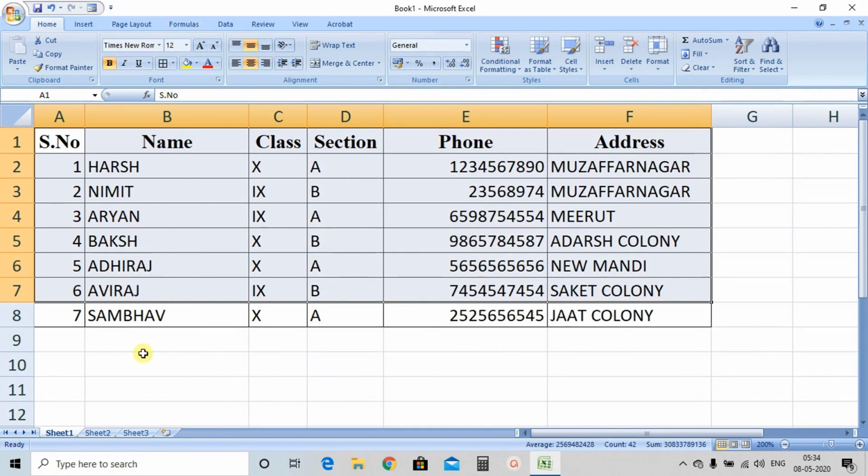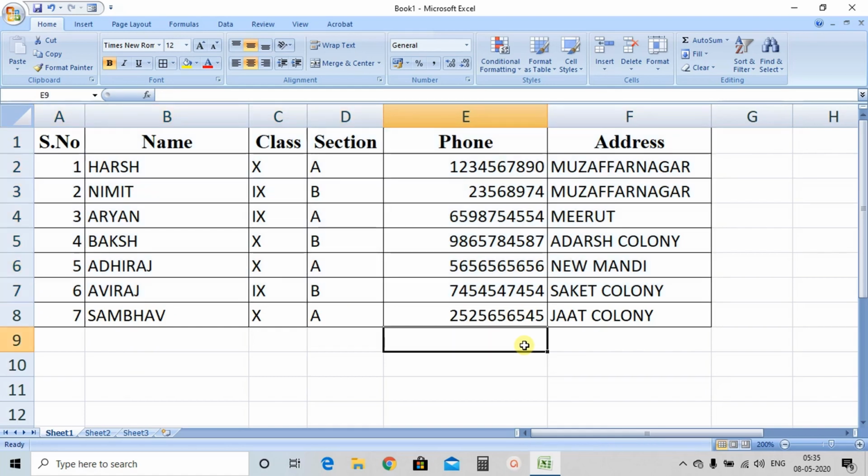So what we have covered till now, we have covered how you can use form to enter data in your worksheet, how you can add a new record, like just now we have added this Sambhav record using form. This is a new record. Now the another part is how you can search a particular record.